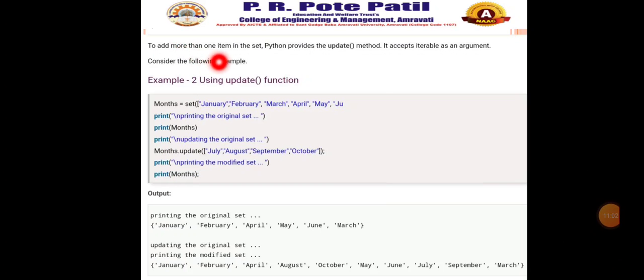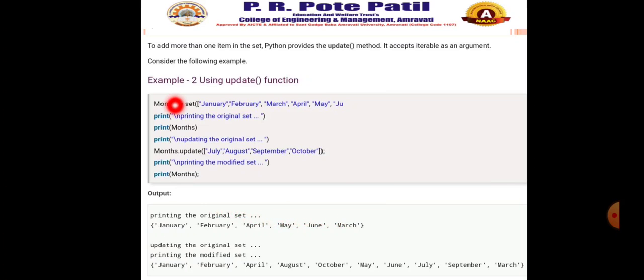To add more than one item to the set, Python provides the update method. It accepts an iterable as an argument. Consider the following example. Using the update function, you can add more than one element into the set. So months equal to set January, February, March, April, May, June. Here I am printing the original set: January, February, April, May, June, March.